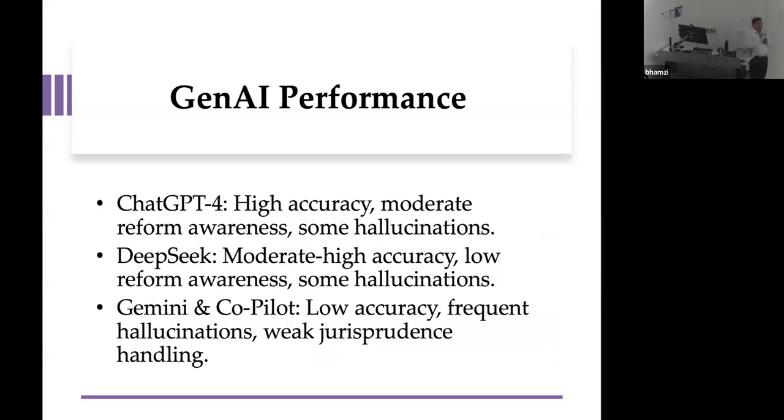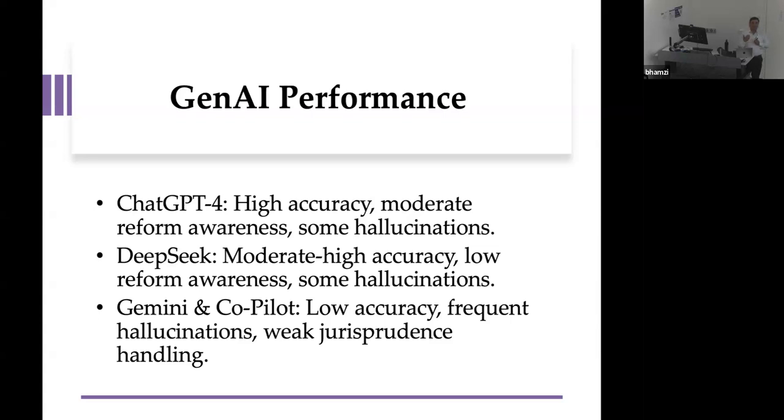So when I compared the different models, ChatGPT performed the highest. The accuracy was to the extent of 80%, which is pretty decent. I mean, if I have to grade them, I'll give ChatGPT an A. And interestingly, DeepSeek, which came later, is very similar. Its accuracy rate is 0.5% lower than ChatGPT, but